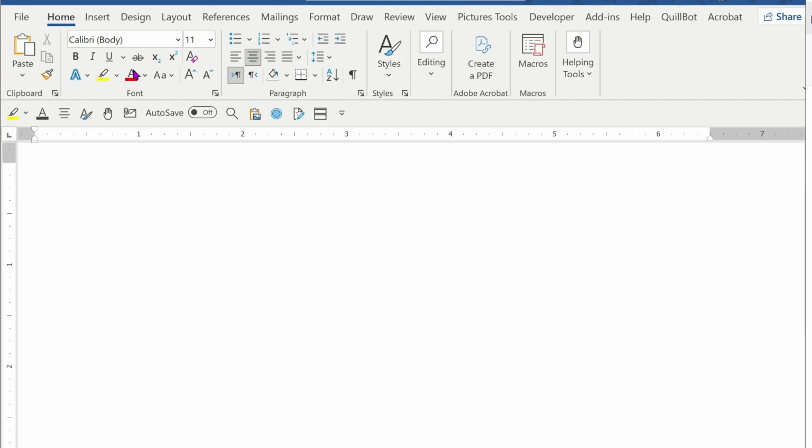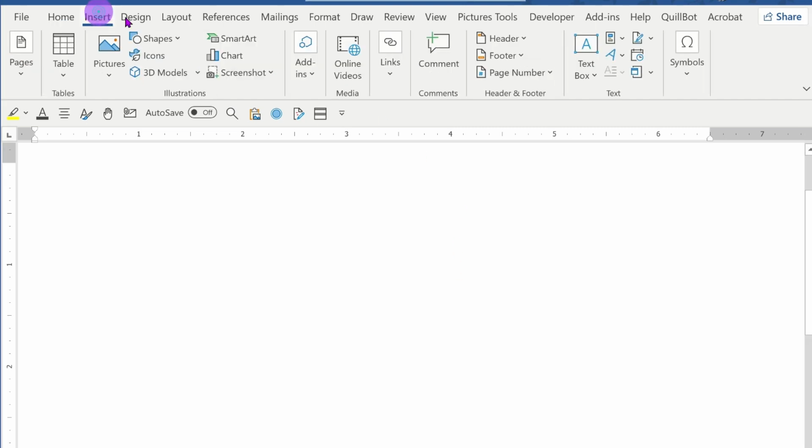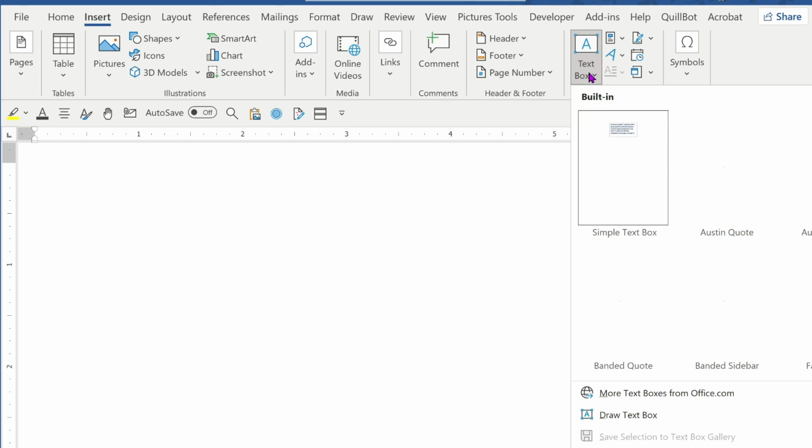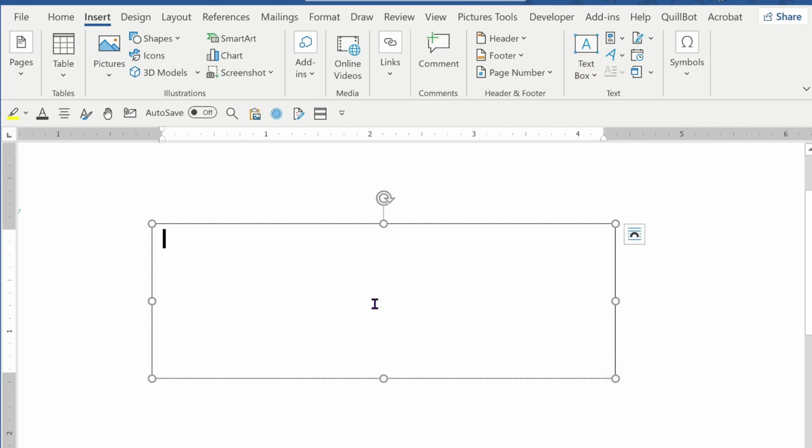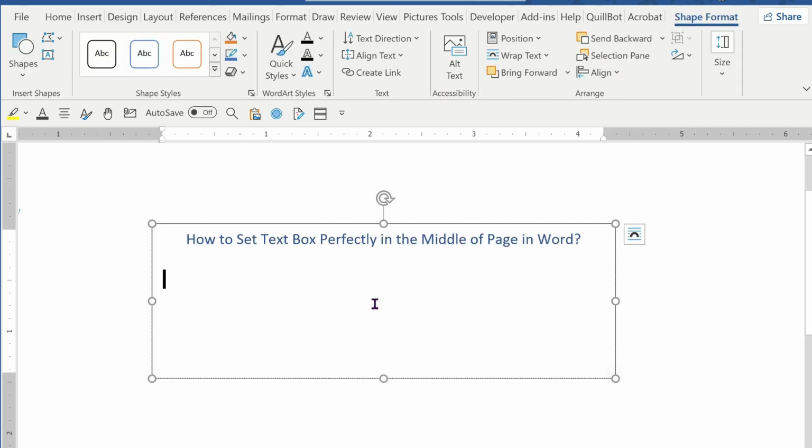For this you need to click on Insert, click on Text Box, and draw a text box. Write the desired text, and now select the text box, go to Shape Format, and click on Align Text and